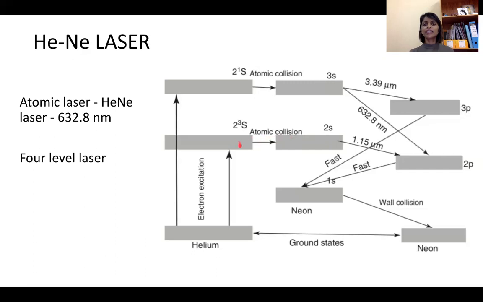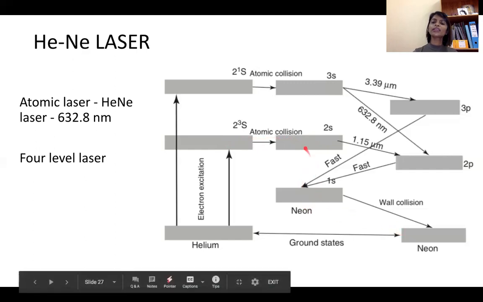Let's say the helium atom's electron is accumulated in the triplet state, that energy is comparable with the 2s state of the neon. So it can quickly transfer that energy to the neon,